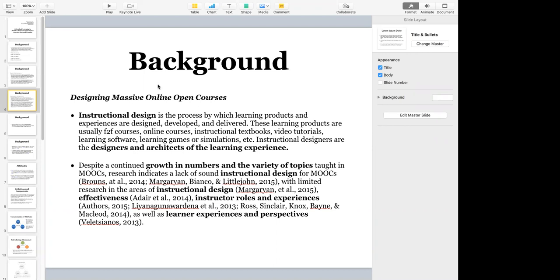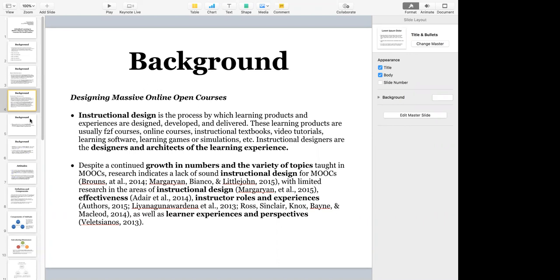So the research really shows a lack of sound instructional design for MOOCs, with limited research on their effectiveness, and on how instructors who are teaching thousands and thousands of students differ from those in face-to-face courses or online courses that have 20 or 30 students. And the experiences of the learners as well, and what they see in the course, where there is very little personalization or